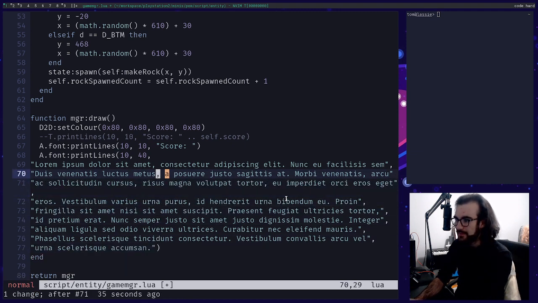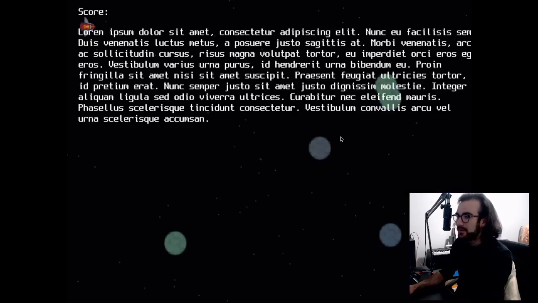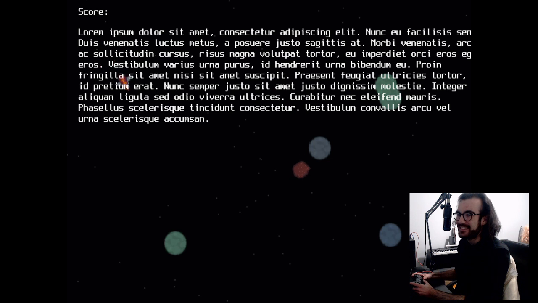Okay, here we go. Gonna put this comma back in. It's gonna work. It's gonna be beautiful. It will be a sight to behold. Oh man, this is amazing. This is actually slowing me down. This is a lot of calculation to draw this much text, which sucks. Text should not slow us down.